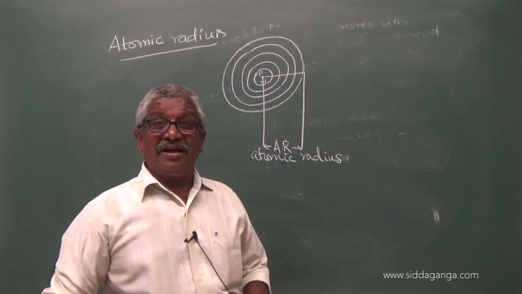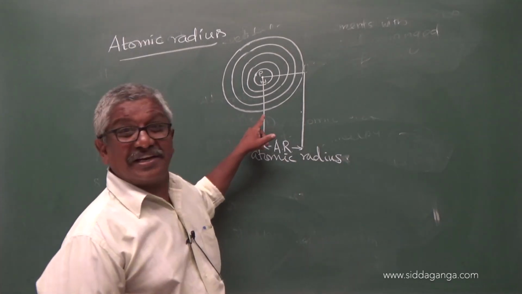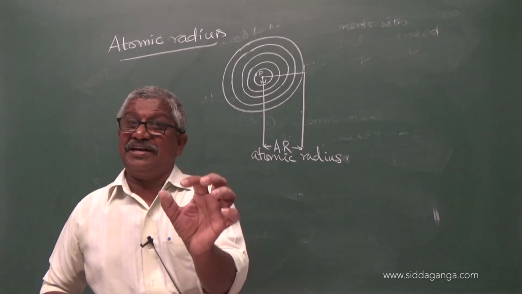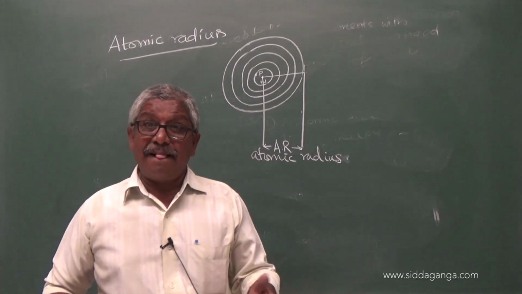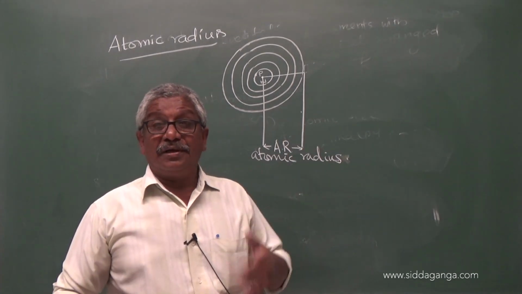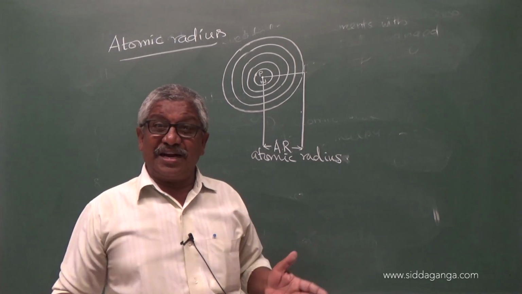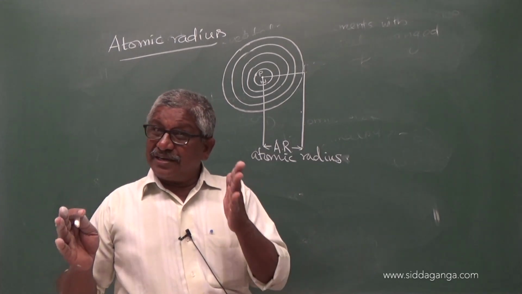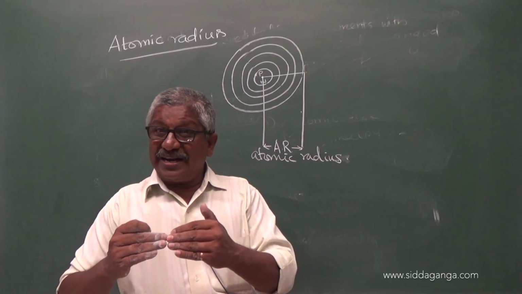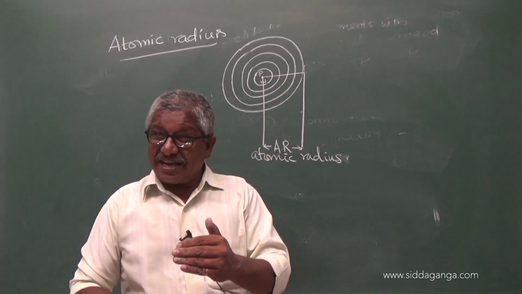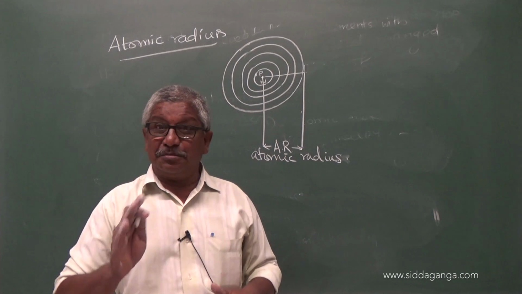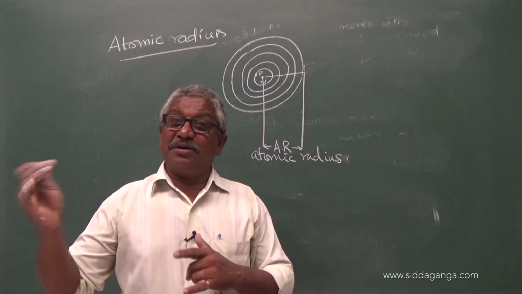That's why, instead of calculating the atomic radius for a single atom, there are two types: bonded atoms and non-bonded atoms. We identify the total distance from the nucleus of one atom to the nucleus of another atom, and take half of it, which can be considered as the atomic radius. It could be bonded or non-bonded.